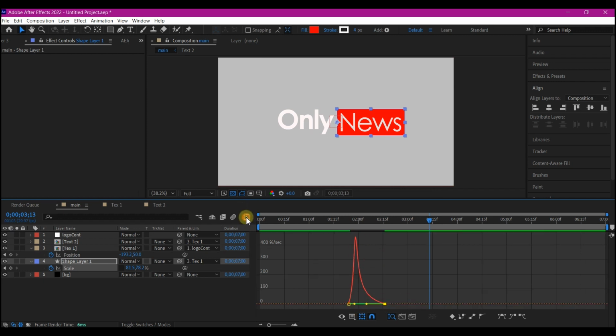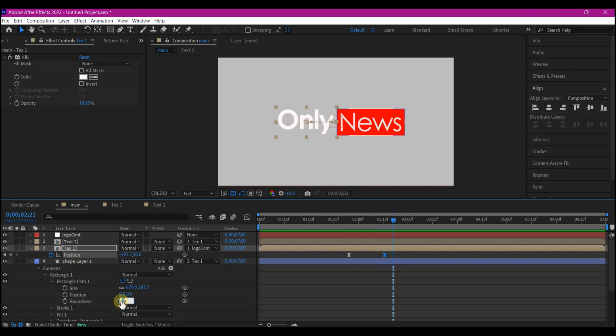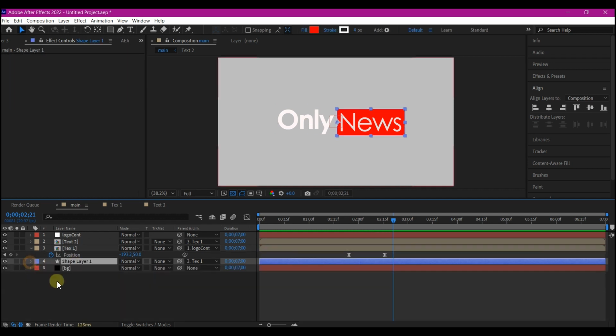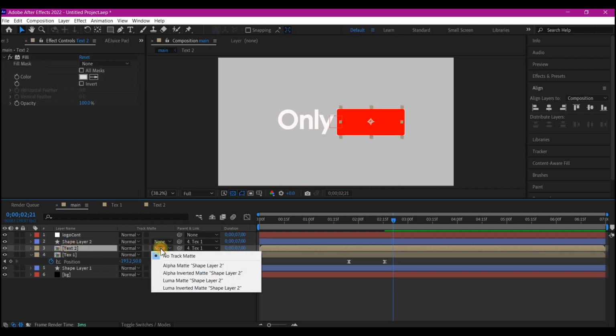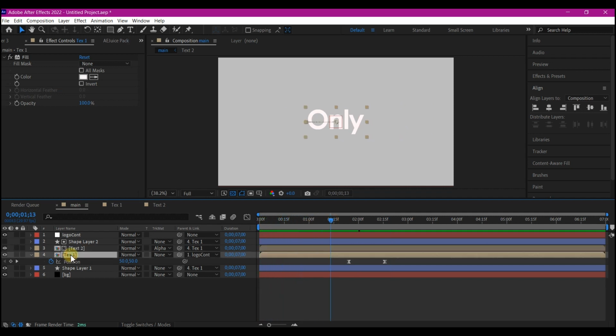like this. Now expand the rectangle tool, change the roundness to about 20, collapse the options. We will need to duplicate this shape layer, then move it above the second text and change the track matte to alpha matte, the upper text. The same shape revealing the news hour. Beautiful. So now we're gonna come to this point, select the first text and hit S on your keyboard to